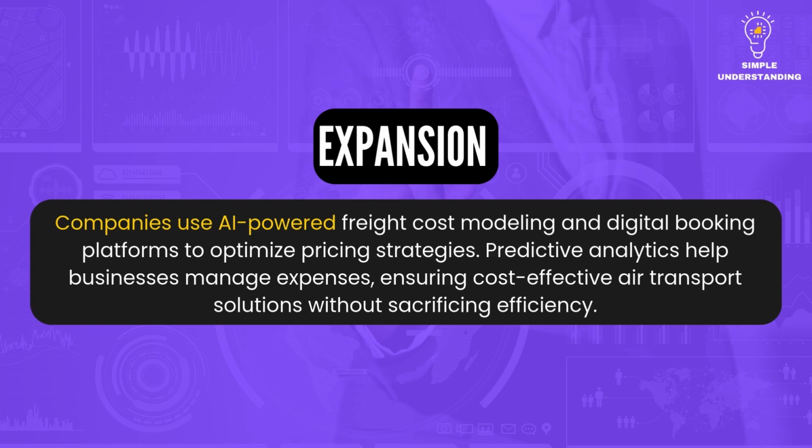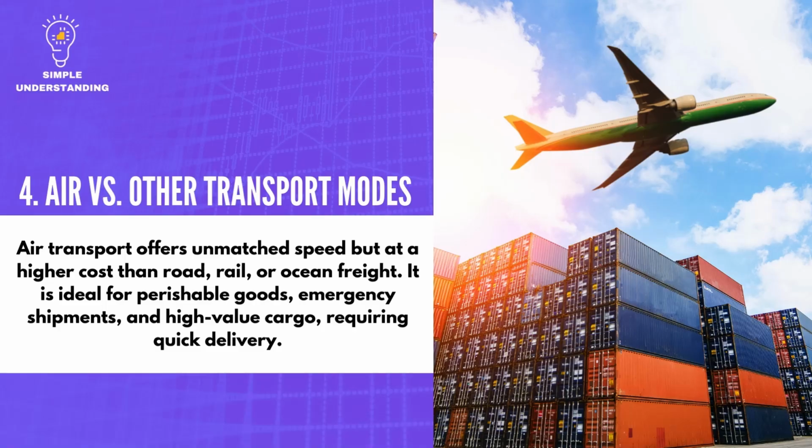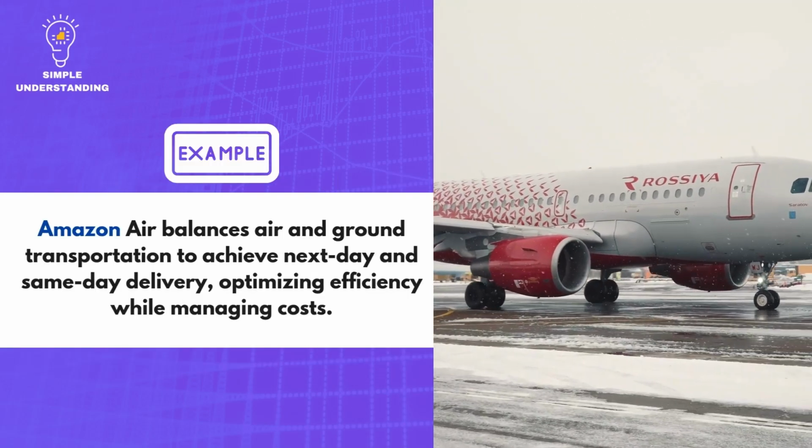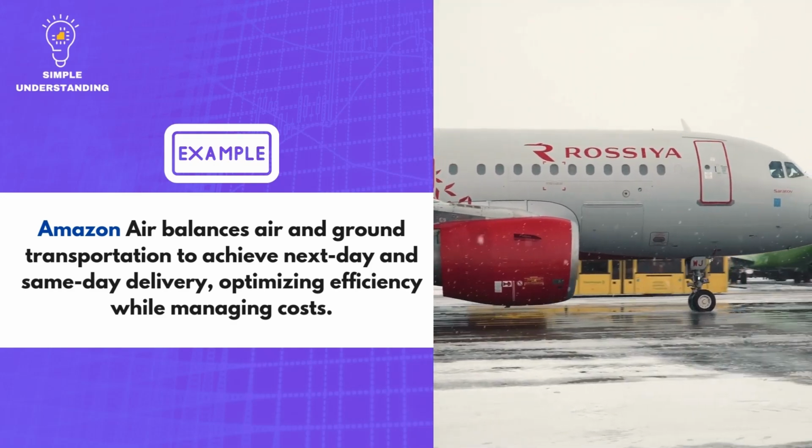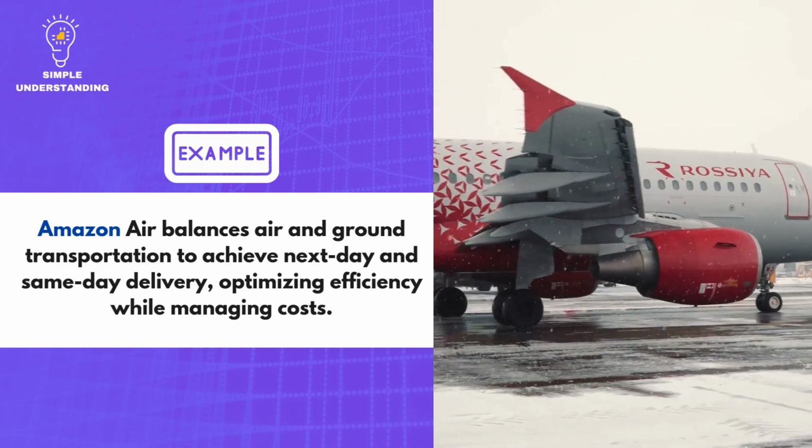Predictive analytics help businesses manage expenses, ensuring cost-effective air transport solutions without sacrificing efficiency. 4. Air versus other transport modes. Explanation: air transport offers unmatched speed but at a higher cost than road, rail, or ocean freight. It is ideal for perishable goods, emergency shipments, and high-value cargo, requiring quick delivery. Real company example: Amazon Air balances air and ground transportation to achieve next-day and same-day delivery, optimizing efficiency while managing